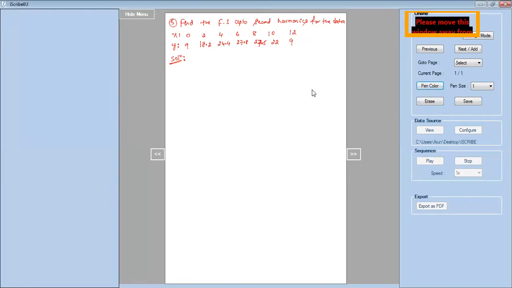Now, when a problem is given, the first step is to identify the period of the problem. Identifying the period is most important here, and the period will be identified like this. If the values of x are given in terms of degrees like 60, 120, 45, 90, or radians like 0, pi by 3, 2 pi by 3, 3 pi by 3, we can assume that it is a 2 pi period problem.